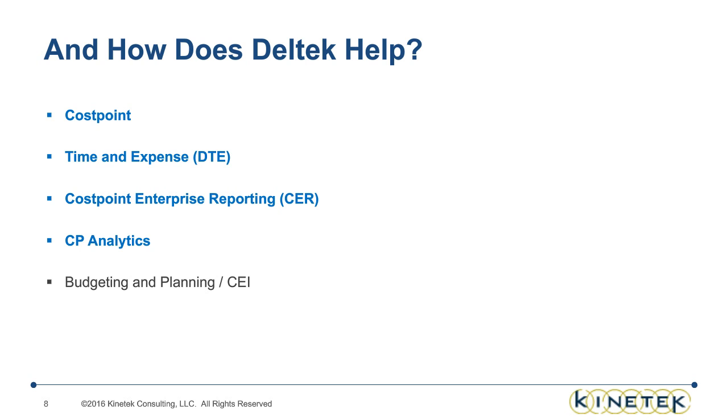So in today's session, we'll take a look at some examples of how the following systems can help. First, we've got Costpoint, which is Deltek's flagship ERP for government contractors. And I'm going to guess, just based on the roles here, that everybody that's on this list is using Costpoint, so we're in good company to talk about that. Number two, we're going to talk a little bit about time and expense, which is used to enforce our timekeeping policy and monitor and record the activities of our biggest resource, which is our employees.